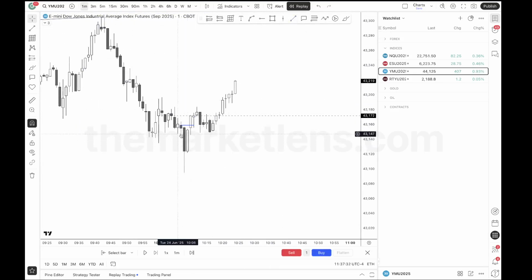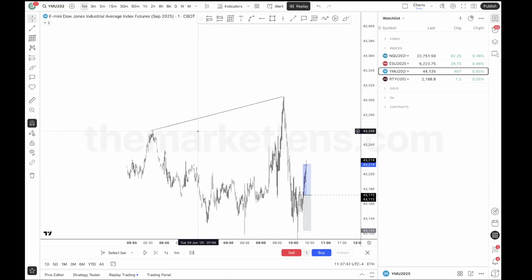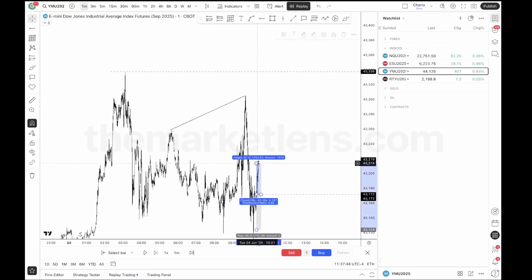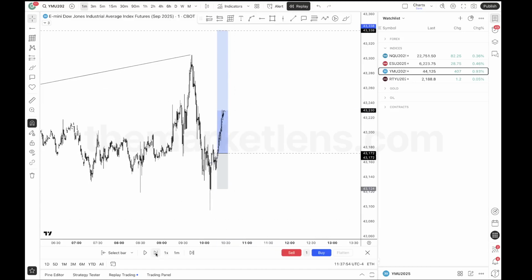So you have this first CSD, and what do we require? Simply a second CSD. This is way too small for me to put my stop loss here. I put my stop loss at this body, and I simply targeted this high. It went much further, but again, I don't care about that. I'm here to take my low-hanging fruit for 3.4. I'm more than happy with that, especially given this day.